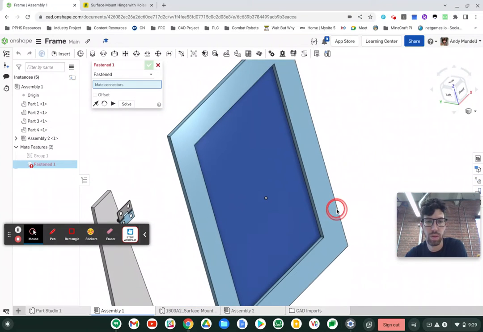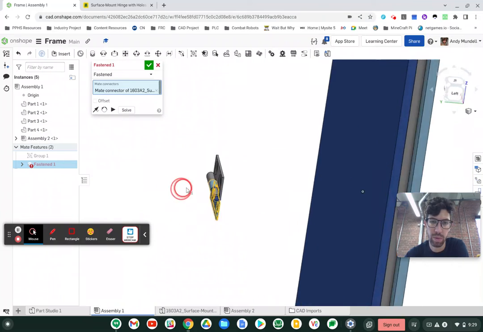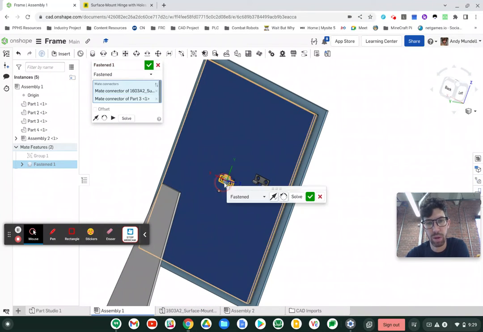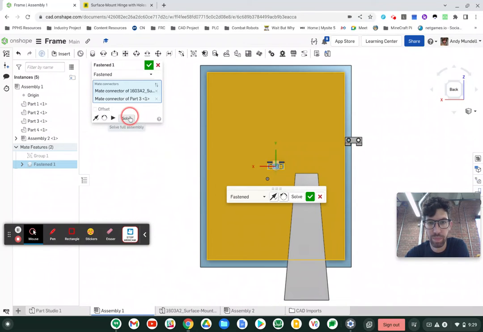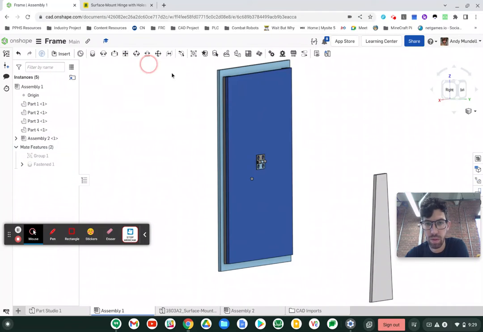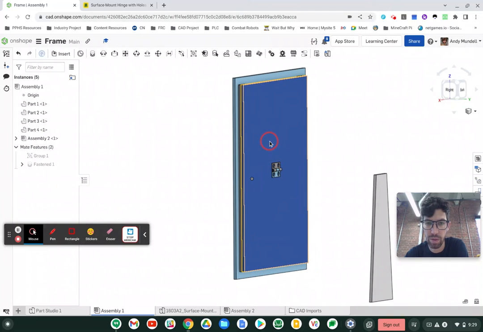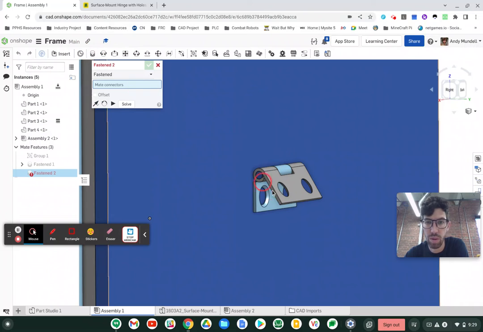Oops. Get this piece here. And ordinarily I'd want to place this exactly somewhere, but for now I can just place it kind of wherever. There it is. I'm going to attach this other side of the hinge. Let me fix this in place. So I can rotate this hinge down. There we go. I'm going to fasten this side of the hinge to the